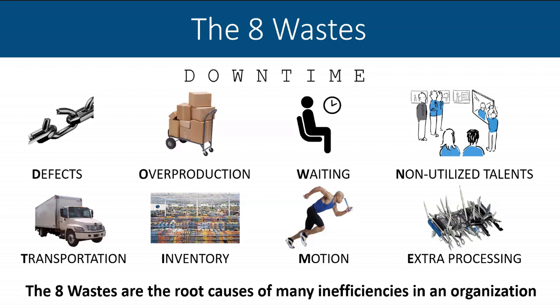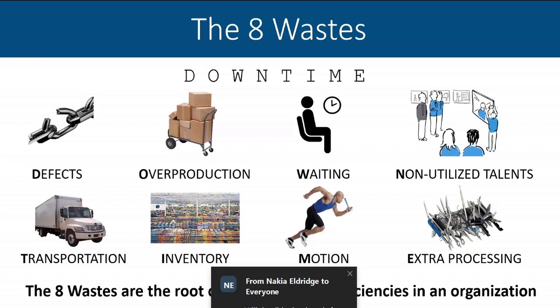I won't go through all of them, but an acronym that you can use to remember these 8 wastes is called DOWNTIME, and it stands for defects, overproduction, waiting, non-utilized talents, transportation, inventory, motion, and extra processing. Something like defects means any time that there's a mistake in the process and you have to redo it. Well, where is that occurring? How does that contribute to this problem? Overproduction could mean something like we